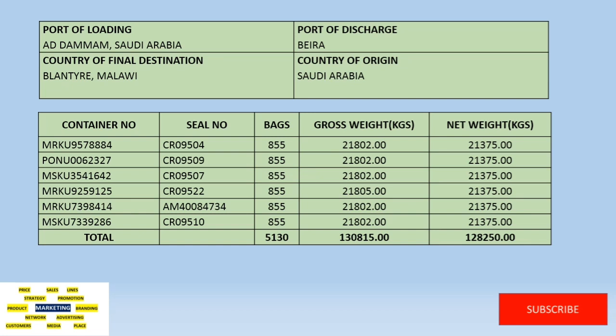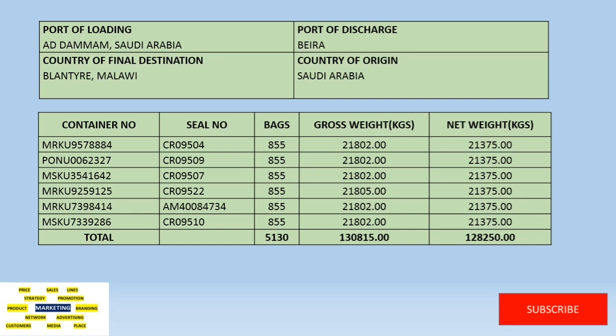And the packing list also mentions all container numbers in brief and seal numbers also, and total bags per container, gross weight and net weight. I would like to inform you, here mention container number, seal number, bags, gross weight in kilograms, net weight in kilograms. So always you remember